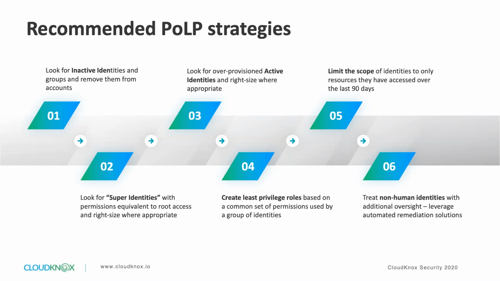And lastly, treat the non-human identities with additional oversight. A lot of these non-human identities may be using access keys or secrets for doing the types of things that they're doing within the cloud infrastructure environment through applications, or even what may be done at the command line. So whether it's a batch job, a service account, whether it be for applications and APIs, identifying those identities is really the other half of the puzzle. Many times people will look at the local accounts and look at the SAML accounts, but they forget to take a look at this from a service account perspective too.